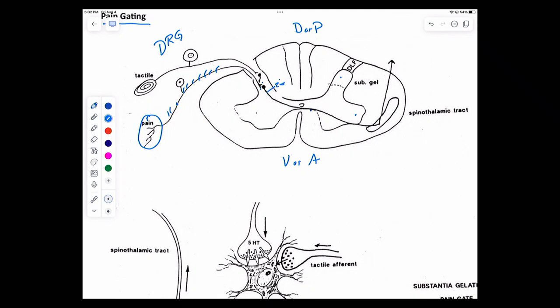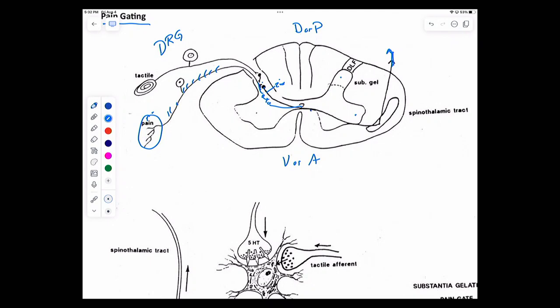Now this drawing here is oversimplified. It has that secondary neuron crossing to the other side and ascending. For some of them, they'll do that. For others, these will actually synapse onto a neuron, and it will then synapse to another neuron, and then it will go across. Again, the drawing's oversimplified, but that's not really what I'm after here. The big take-home point is you have pain, it synapses on a secondary neuron, and eventually the signal crosses to the other side and then heads up towards the brainstem.